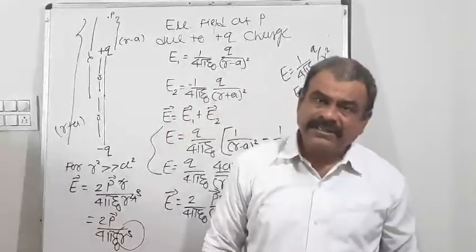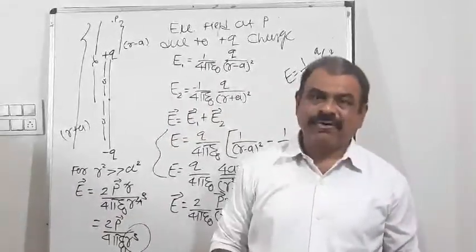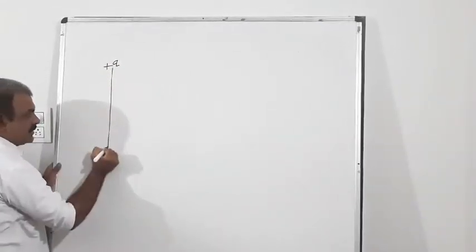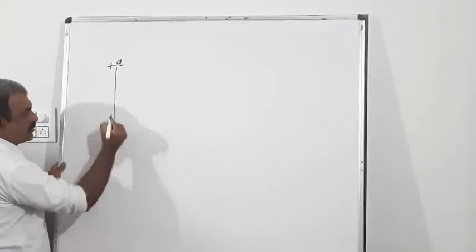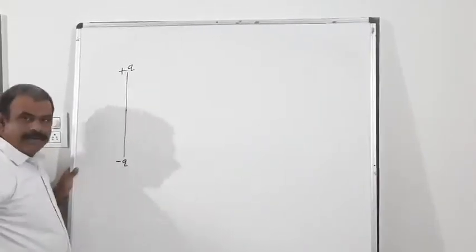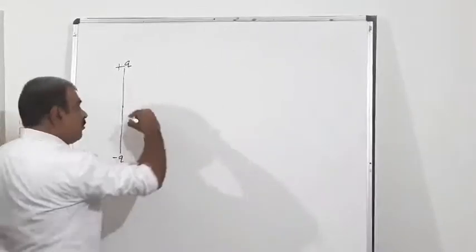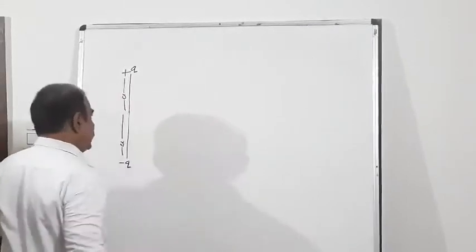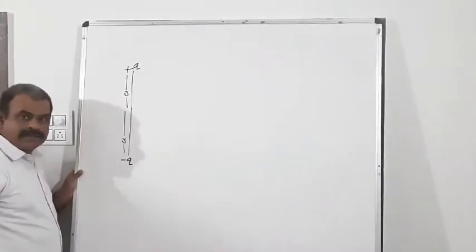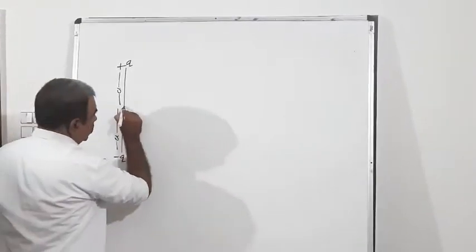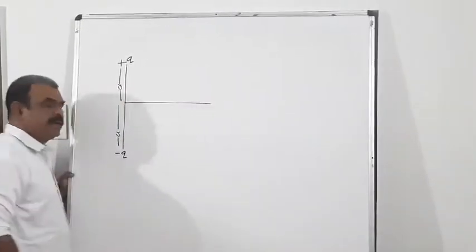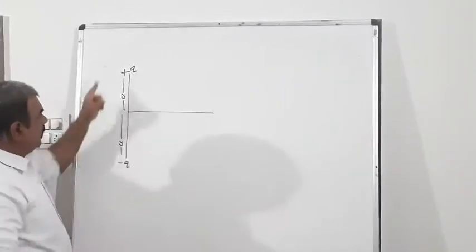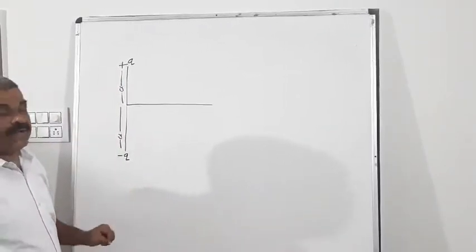Now, electrical field intensity on equatorial line of dipole. What is equatorial line? That we are going through. Yes, again now for equatorial line, plus Q charge, minus Q charge, center of the dipole. As we have already gone through in last figure, distance of each charge from center of dipole is a. So total length of dipole is twice of a. This is equatorial line. Equatorial line in the sense, line passing through center of dipole and perpendicular to the axis is equatorial line.